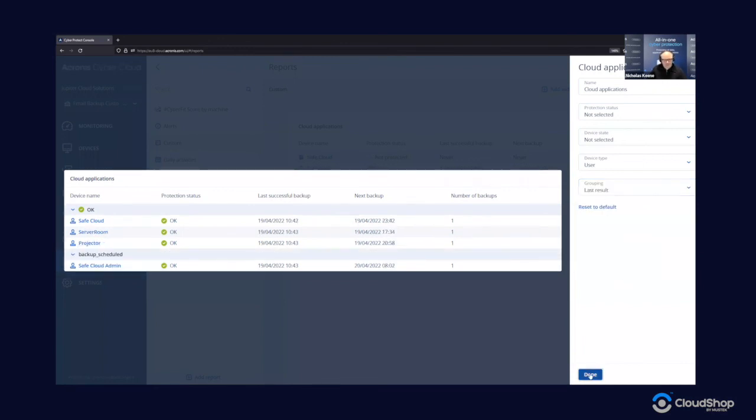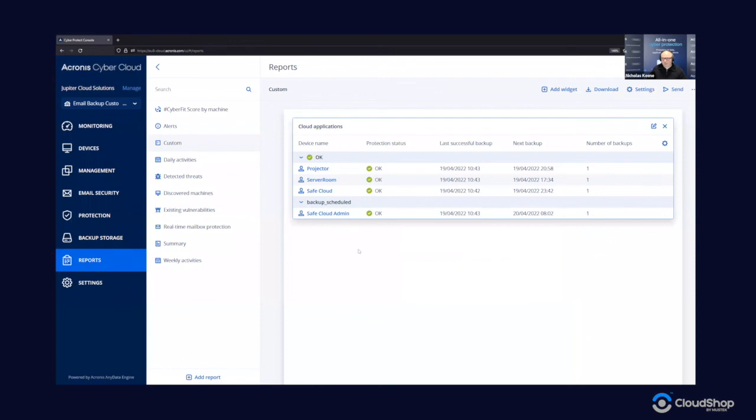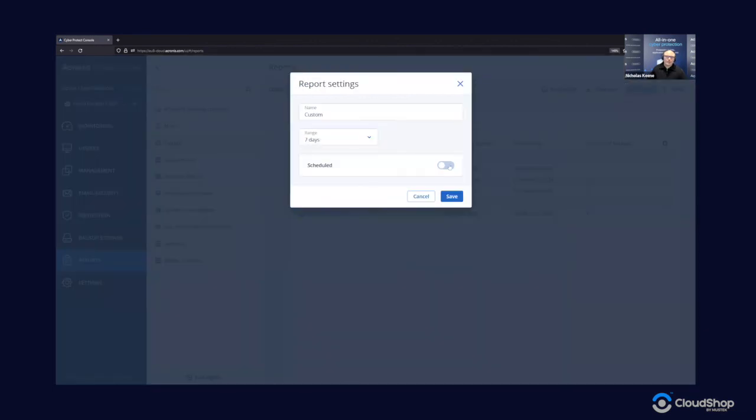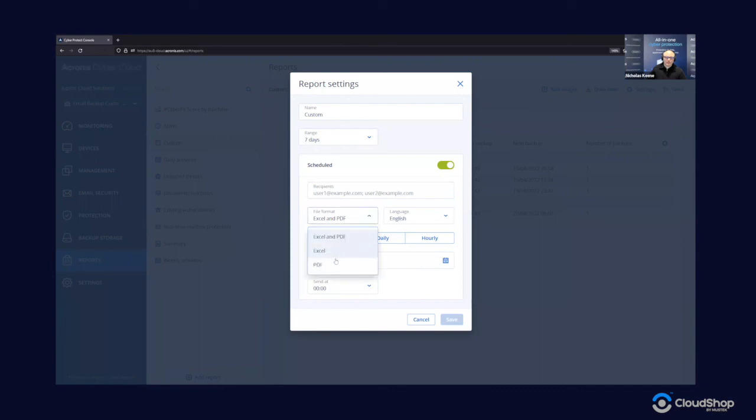Right, so where they're backed up. You can see this one's backed up, this one's still waiting to be backed up, etc. And these can be downloaded, emailed on demand as Excel documents or PDF documents. And they can also be scheduled to be sent as Excel and or PDF documents to whoever needs to get them, whether